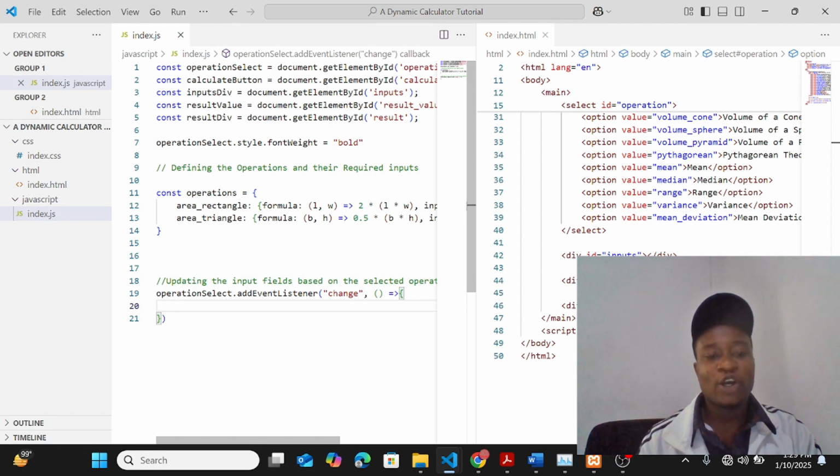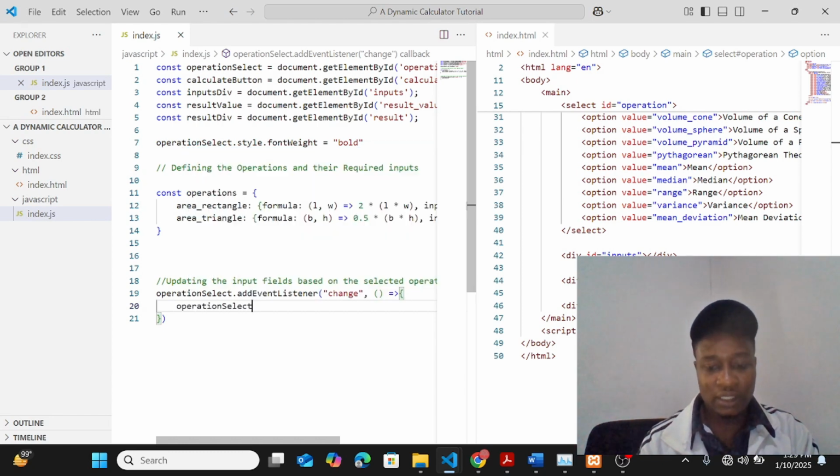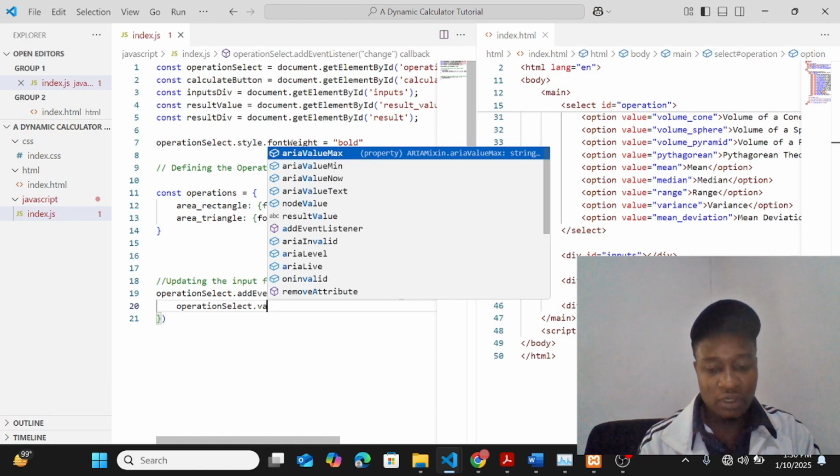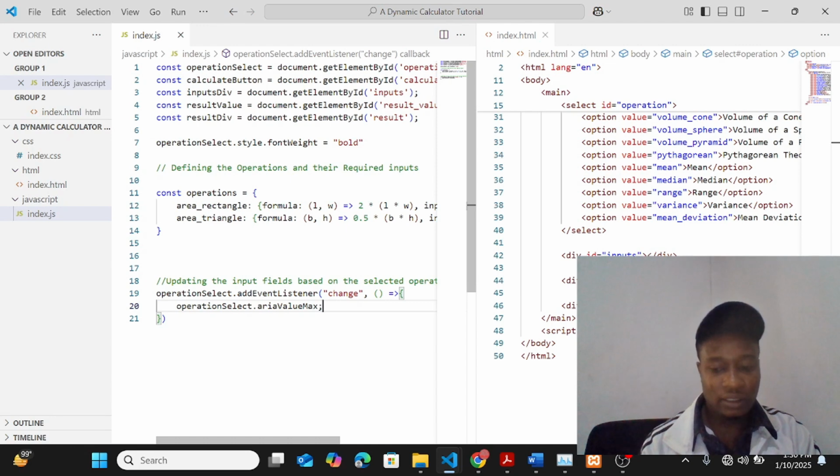It should get the operation select dot value. So operation select dot value. In that case, I call it as operation select dot value. So you should go ahead and get me the value of that operation select. After it has done that,